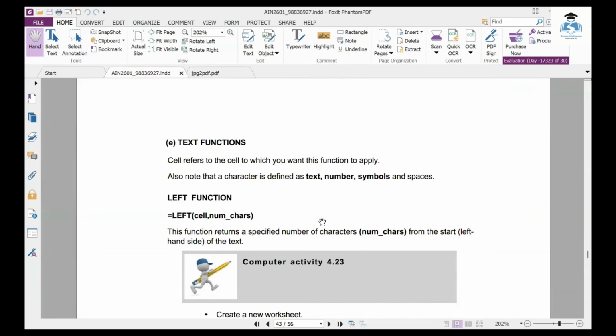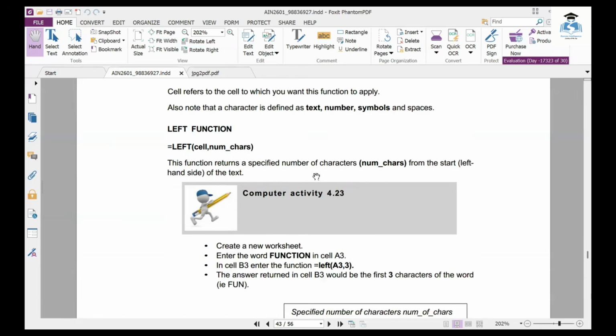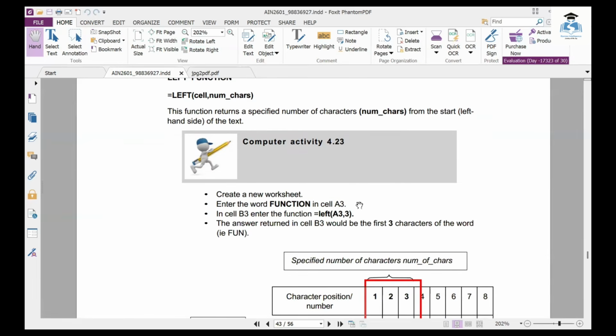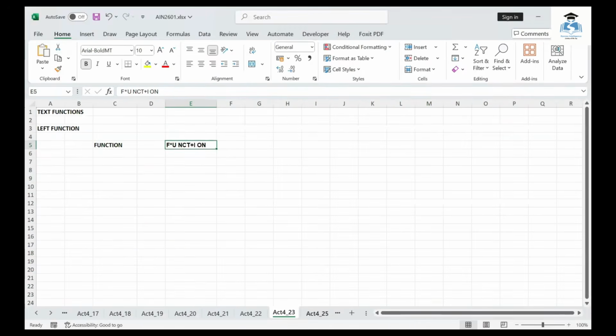Now, you also need to be able to manipulate text as well. The text function. So we've got 3 types of text functions. We have got the left function. So the left function, it will return the characters of that particular text that you have. Like for instance, here,